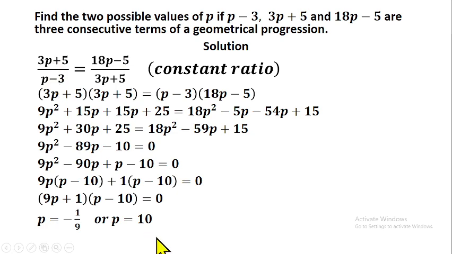you get the constant ratio. So p is 10, 30 plus 5, that'll give us 35 over 7. 35 divided by 7 gives us 5. So that means the constant ratio is 5. Because if you put the minus value here, you will be getting a negative answer. So your answer cannot be a negative value, because if your r is greater than 1, your answer is going to be a positive value. So that's the condition they gave them last year. But this question is very simple, similar to WAEC 2022.